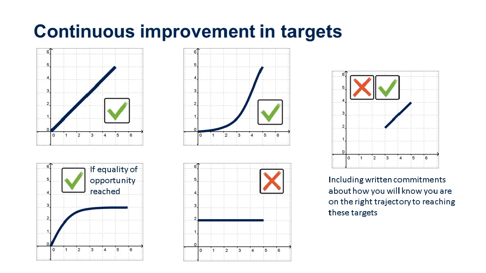Where a provider already sees equality of opportunity in an area, so there's no gaps for a particular group, we would not expect you to include a target in this space, but you may want to monitor progress against performance for each of those groups to make sure it's not decreasing at any point. If we go to the middle bottom chart, we don't want to see any targets that are maintaining performance. And then if we go to the chart on the right-hand side, this may be acceptable